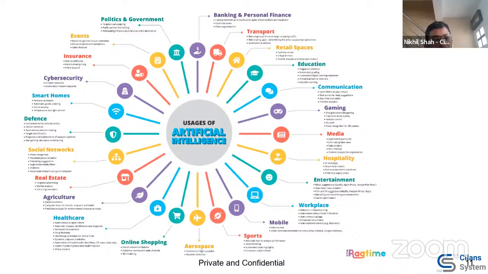But if the machine scores a red flag, and says no, this is very risky, only a 40% chance, then of course the bank would know, and then they will do further due diligence, because it's not possible to do thorough checks on each and every application. Exactly the same scenario you could apply to healthcare, right? Healthcare is one of the big applications, with many incidences where you would see AI and ML used, like in the insurance sector, hospitality or entertainment, you name it.